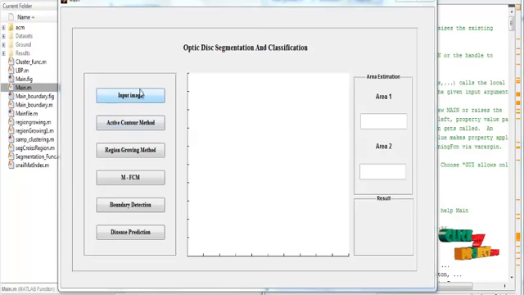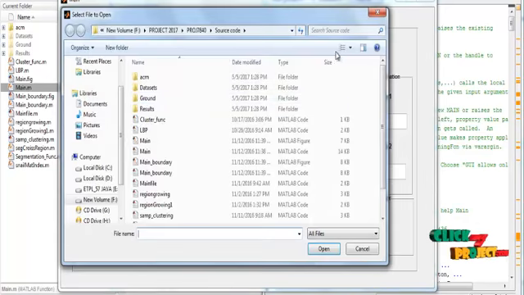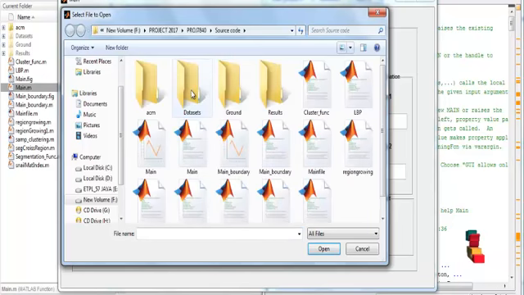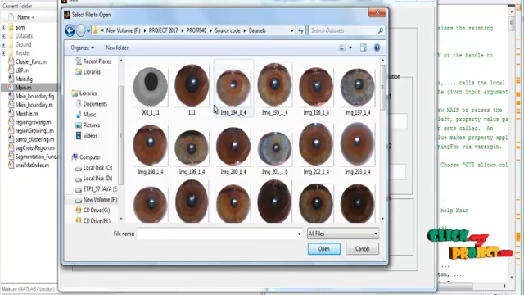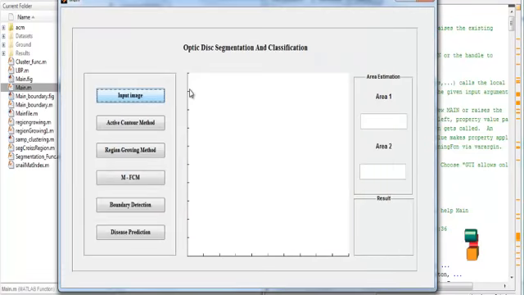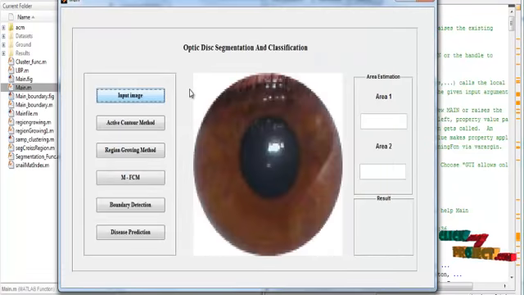In that you can see several push buttons on the left side to control the axes, and the axes to display the images. At first, click the button input image. After clicking the button input image, you can see the folder datasets. Now open the folder dataset and select any one image from it. After the selection, the selected input image is shown in axis 1 with the title input